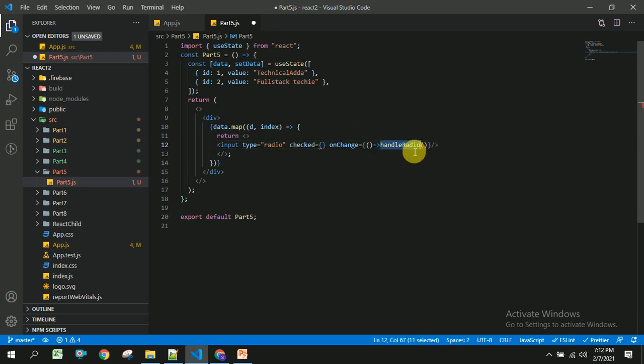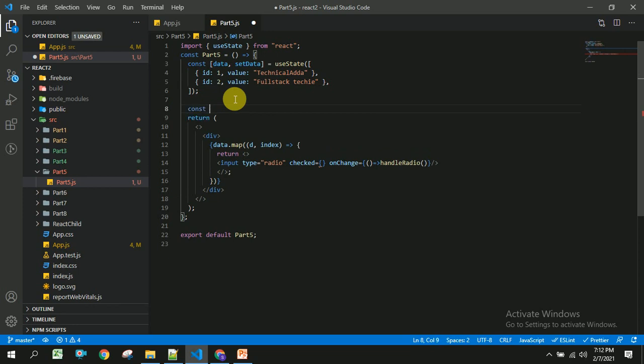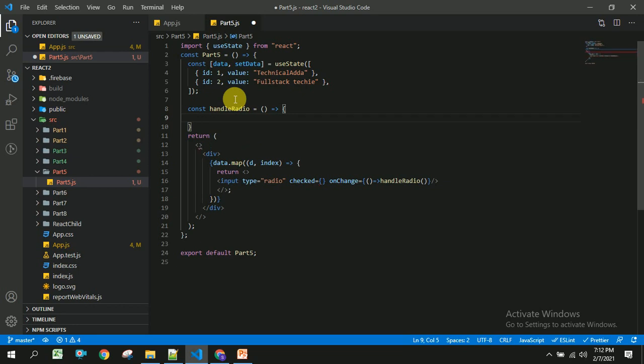So I am going to create this method here, and I am displaying the value to the user.